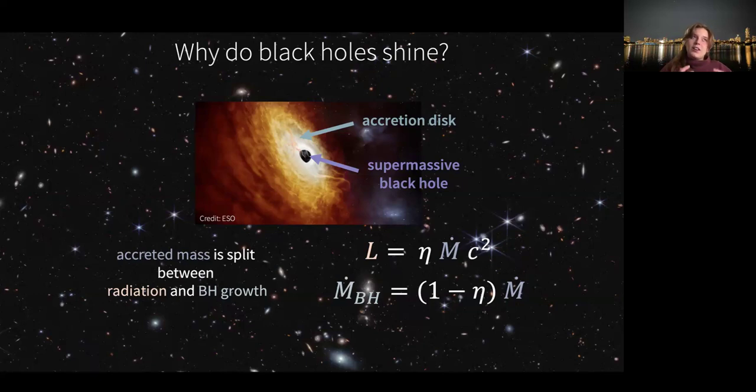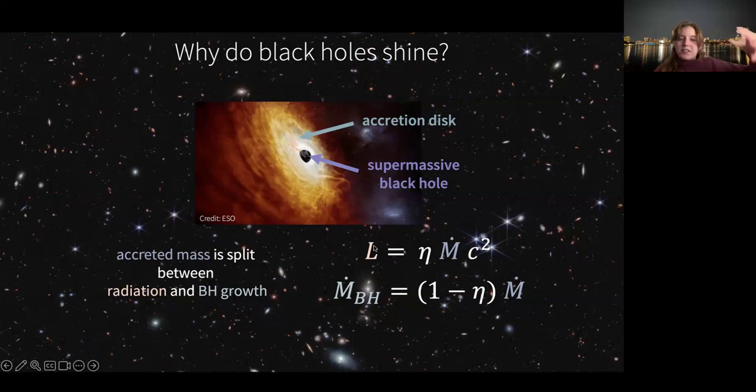But it cannot really consume material without any limit. And so there's always going to be this other part of the energy that's being consumed that's going to be radiated away. Whenever I describe my research to people, I say I study hungry black holes, because these black holes want to consume gas and they're doing it at very high rates. But what's important to understand is that even though they're hungry and consuming a lot of gas, they cannot consume everything that's around them. And so the rest of the energy has to go somewhere.